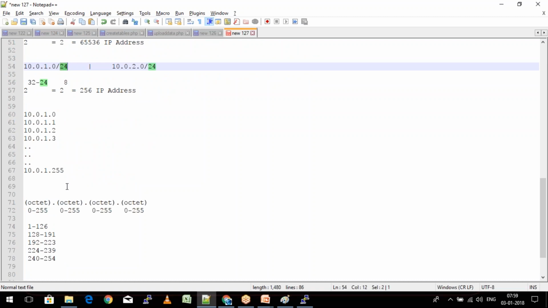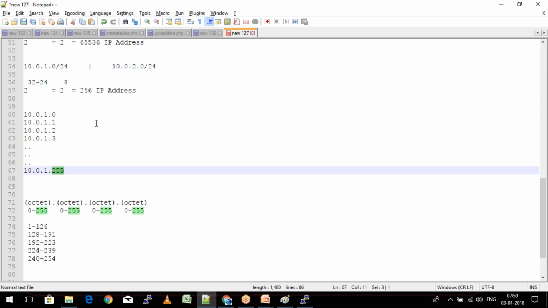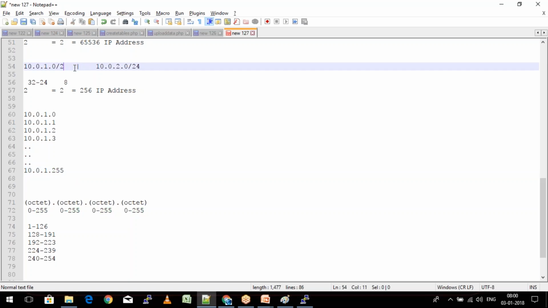Now once this number is done at 255, the new subnet can start here with 2.0. So this number will change from 1 to 2, and again the 2 will have a set of 256 IP addresses, right? That is how we are going to define it. So whenever we give /24 or /20, we have to choose it optimally. Now if you check the default design that Amazon has created,